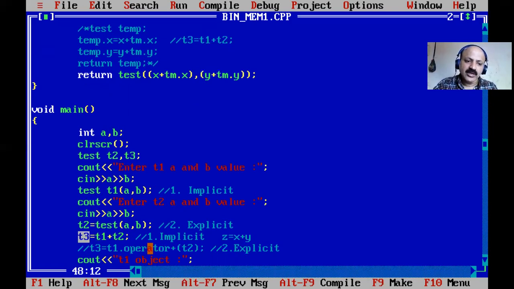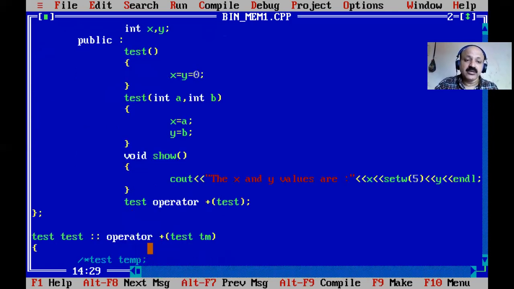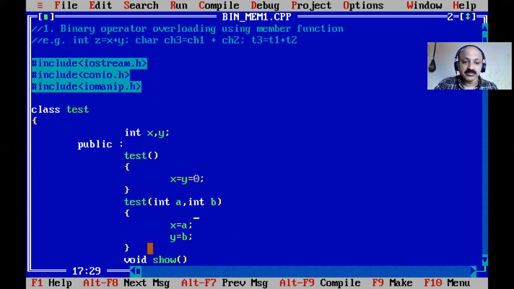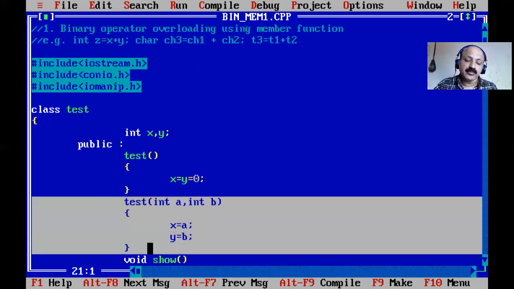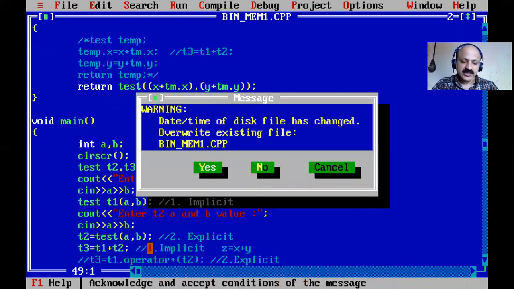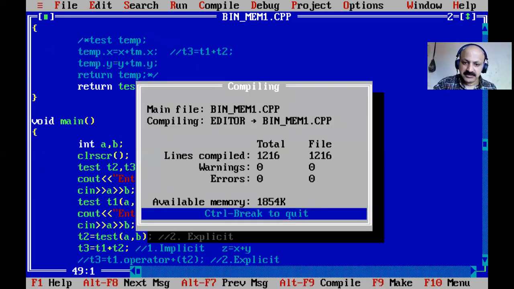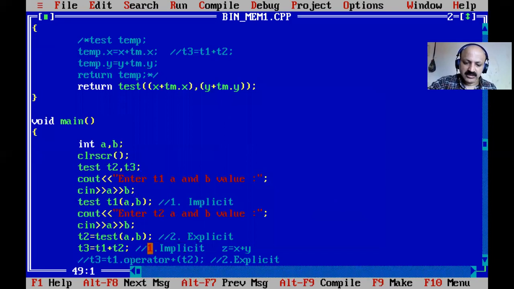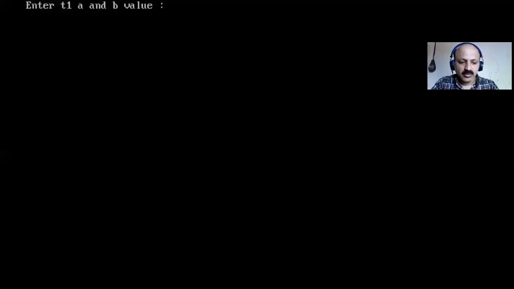In the same way, T1 is the caller and T2 is the argument being passed, and there must be a two-parameter constructor required, otherwise this concise coding does not happen. Okay, so I think you can understand. Yes, let us check whether it works perfectly or not. So yes, compile and run. I give different values like 12 and one blank, and 15. Okay, so yes, we can take the same sum.